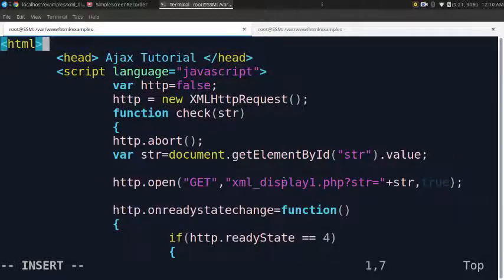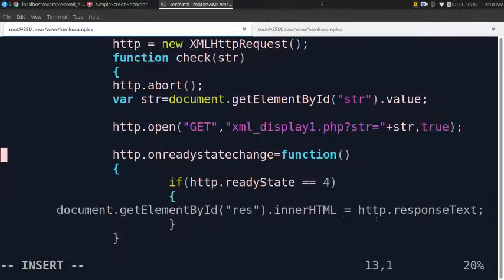Now this is the PHP file. Now this HTTP onreadystatechange is equal to function. This is a callback function. Callback function in the sense there are a number of requests coming from you to the web server. So whichever request, some events will be happening on your server, and your data will be sent from the server.